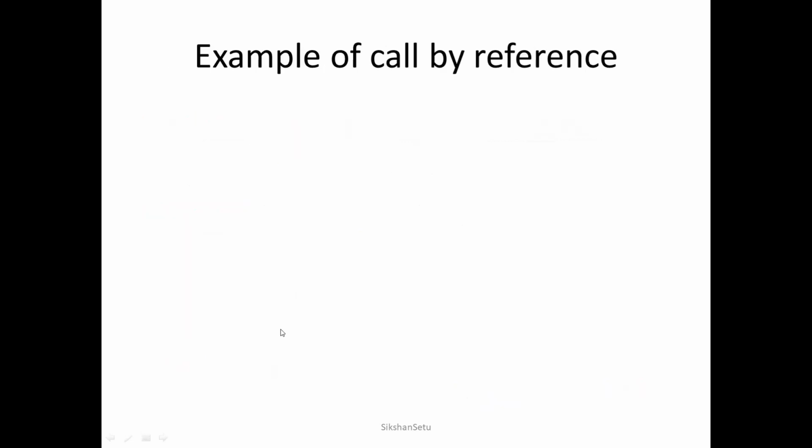Now, an example of call by reference. We have already seen call by value. In the C programming language, we have referred to this concept as call by value. But in call by reference, we try to understand it with one example. We have declared a function here named sum, which will take two arguments, but here the arguments are reference variables. We can see we have used ampersand,